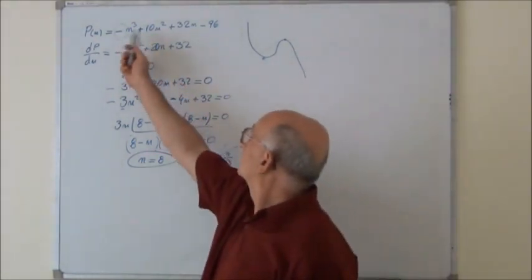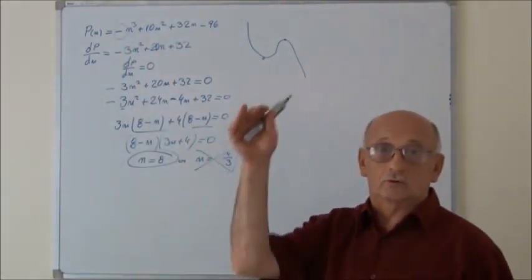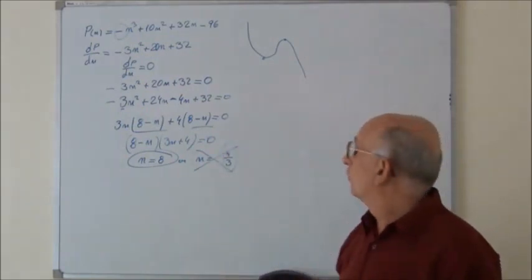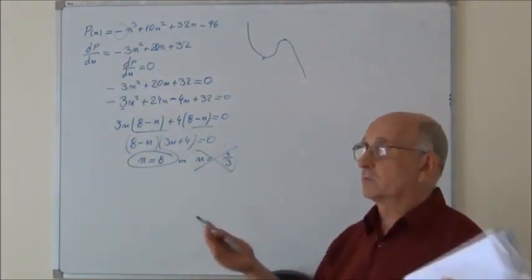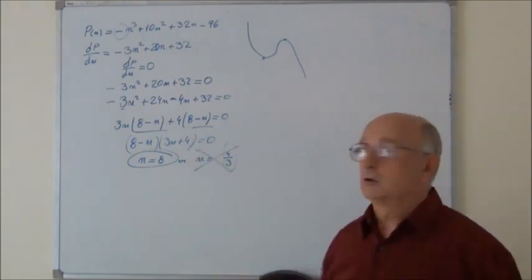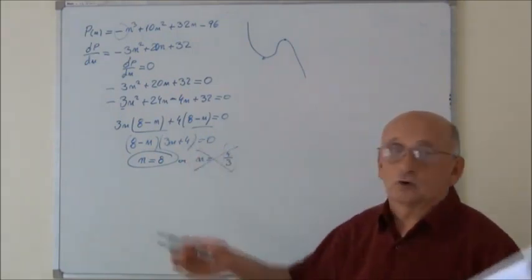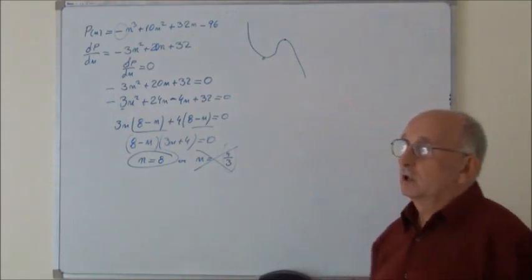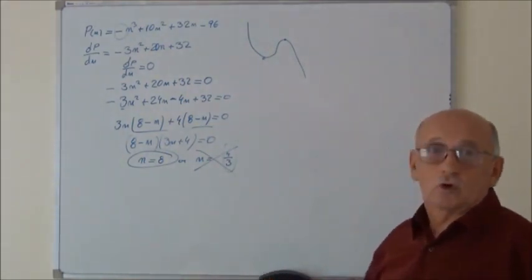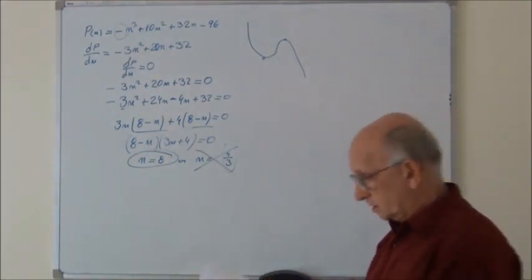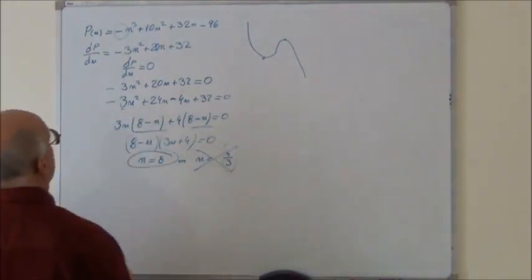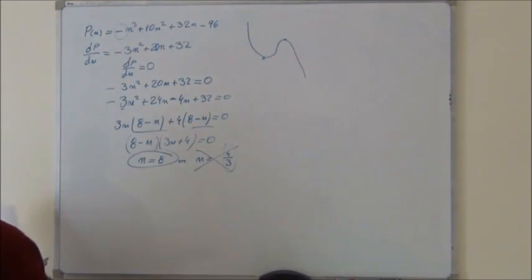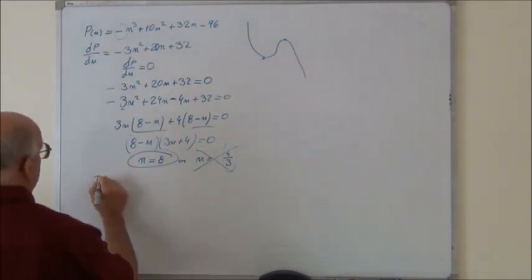Sometimes we can use knowledge of graphs from before, but also if we are talking about the number of people, or I don't know, some cows or sheep or whatever, it must be a whole number, it must be a positive number. So the number of employees is 8, and now to calculate maximum profit,